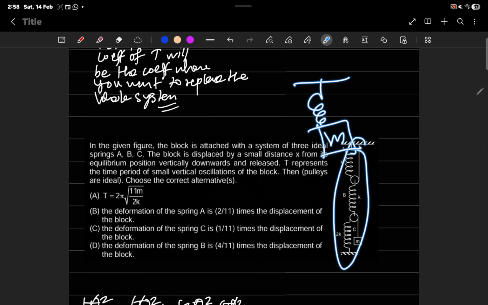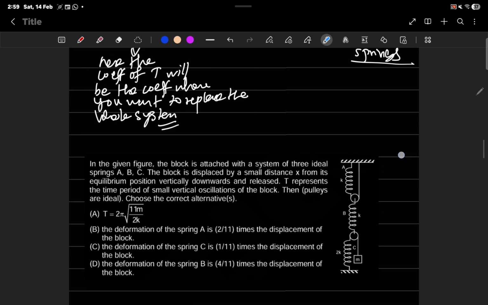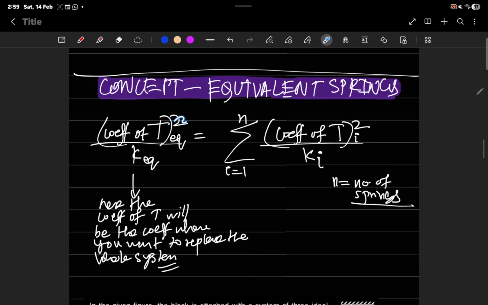which we already know the time period for, 2 pi root m by k. And we'll write k equivalent over there. So it's going to basically destroy this problem into a simple one-block problem with a spring. So what we're going to use here is this